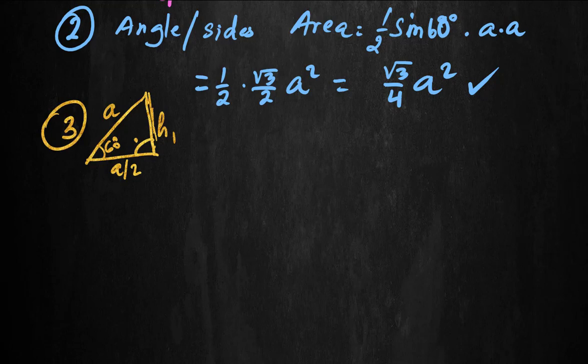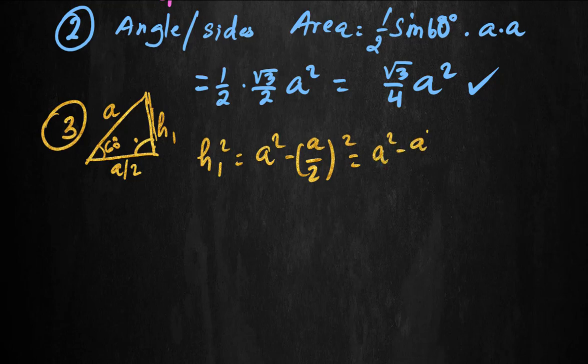So what we find is h1 squared is equal to a squared minus a over 2 squared, which is equal to a squared minus a squared over 4, which is equal to 4a squared over 4 minus a squared over 4, which is 3a squared over 4, and that is the height. And now the area